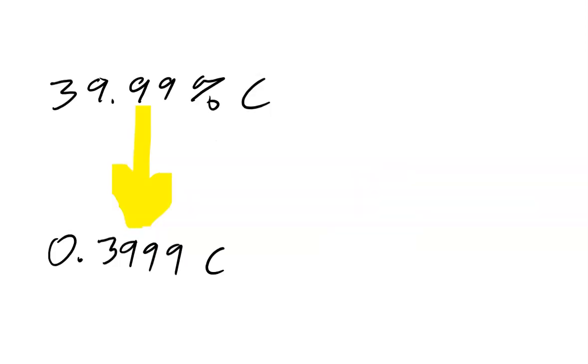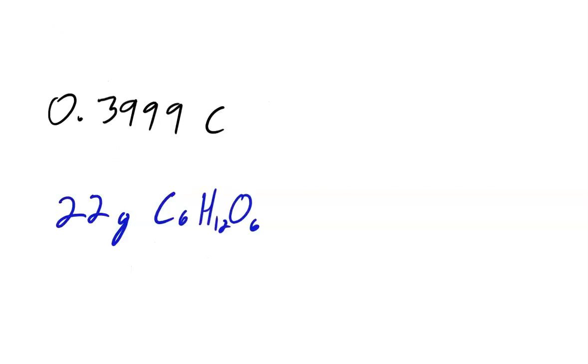We get the percent composition by mass, which is part over whole times 100%, or the fraction times 100%. We want to get rid of the percent, so we divide it by 100, and now we have just the fraction that is carbon by mass in the compound. The question would dictate some sample size, or if you're doing this in a lab, you would weigh this out. So picture a pile of glucose sitting on a scale that weighs 22 grams. All you have to do is multiply that by the fraction